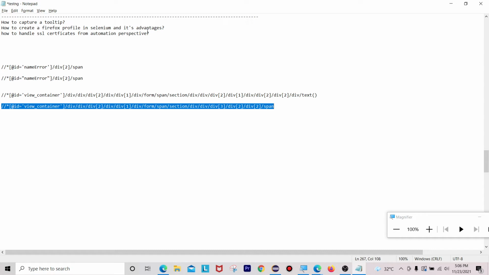And also a Firefox profile should be easy to load, and it has some user specific proxy settings to run good tests. Okay, it is easy to load and it has some user specific proxy settings to run good tests, meaning we can execute our test cases with specific proxy settings, and also it will be very easy to load along with all your settings.